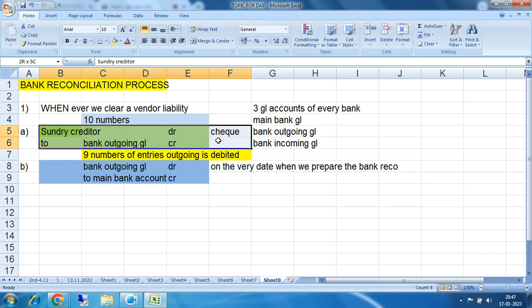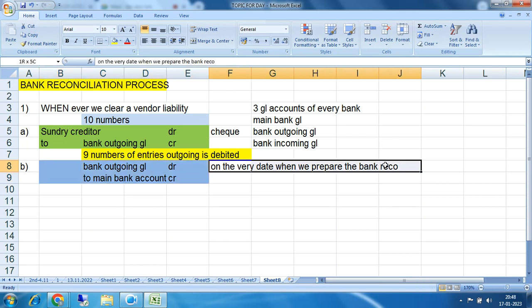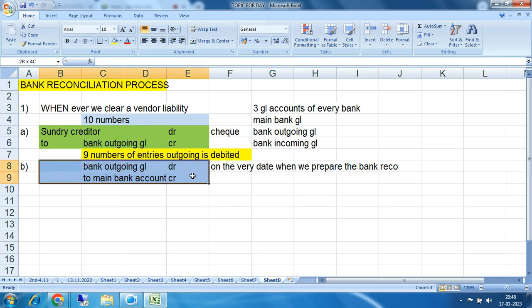Suppose 10 checks we have issued and 10 times we have passed this entry. But at month end, when we receive the bank statement, automatically by comparing it with the bank statement, we find that out of these 10 entries, 9 are cleared like this. So what happened? There is still one entry